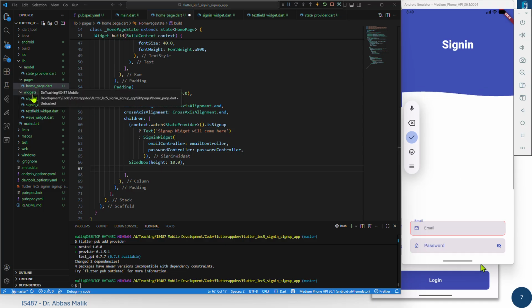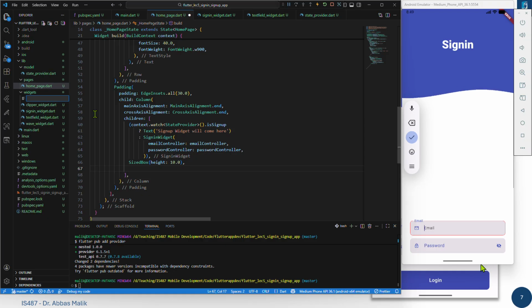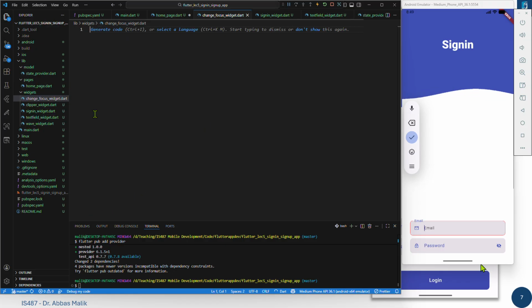So again, I create a new widget here, that is our change focus widget. Okay, change_focus_widget.dart, and inside that change focus widget,